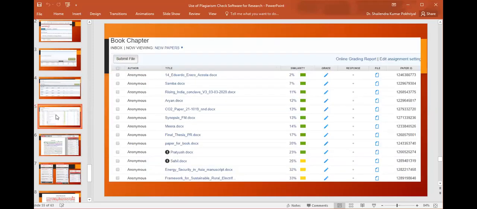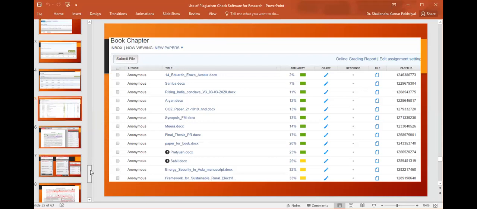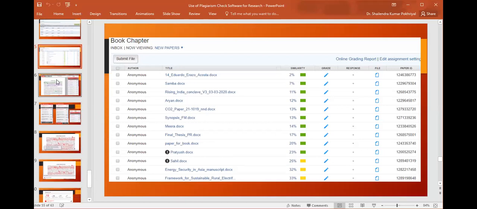So please go to the next slide. Here you can see the percentage of plagiarism, which is ranging from 2% to 33% with different color combinations. Okay. Because we know that UGC is asking us to write papers in which case plagiarism should be